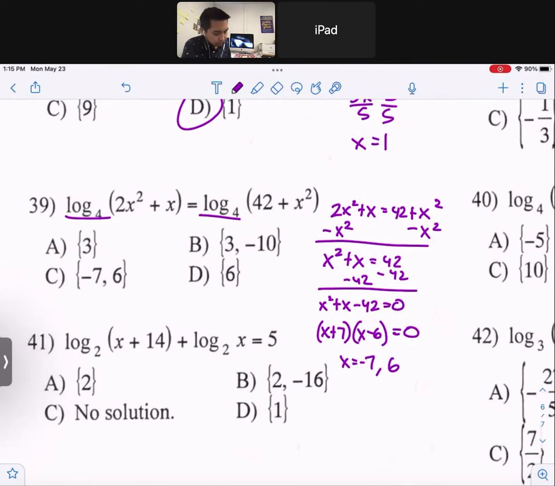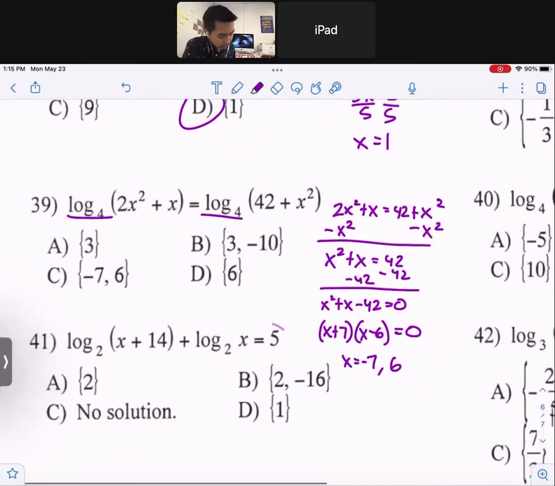But again, we have to plug in both to make sure that no negatives or zeros are inside of the log function. If we plug 6 into here, that's going to be fine because it's going to give us nice positive values inside the log. But if we plug in -7 into here, this is log of a negative number, which is not allowed. So that means -7 is not allowed. Our only answer could be